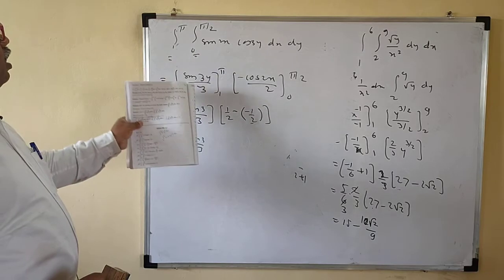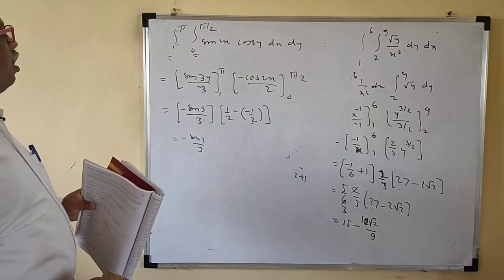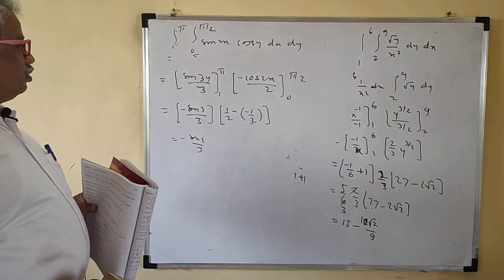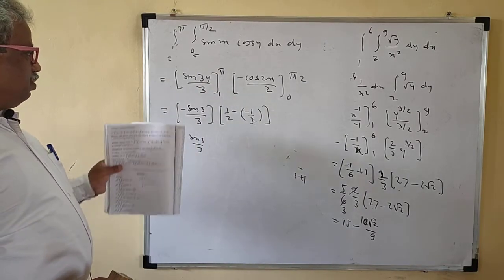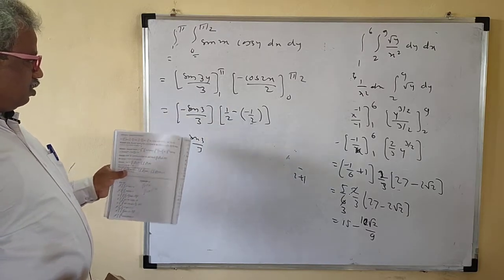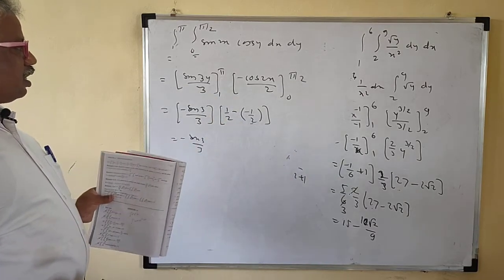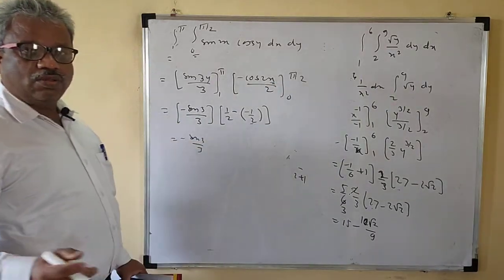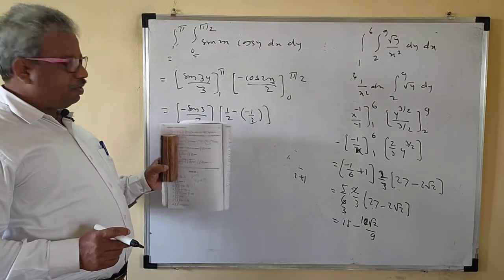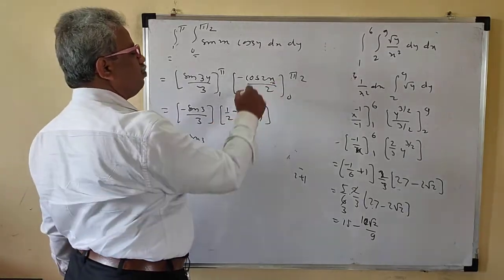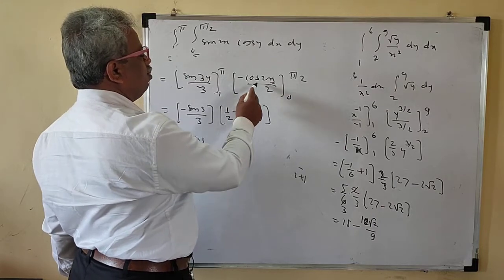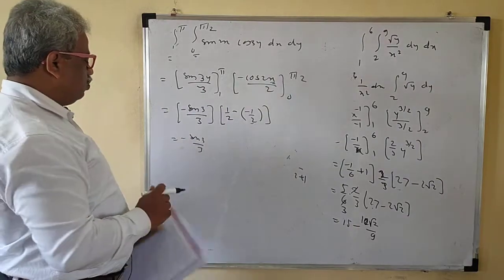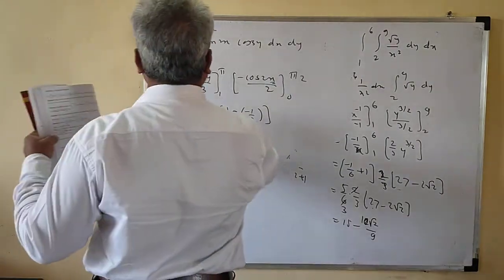These are the limits of y. So cos 3 pi. Sin 3 pi will be 0 then. So cos 3 upon, you are putting y is equal to 1. So this is correct. So now here you are putting pi by 2. But if it is pi by 2, then cos pi is minus 1. Minus minus become plus here. Then minus here, you are putting the lower limit. So cos 0 is 1 here. Then this will be minus half. So half plus half is 1 here. So this is minus sin 3 upon 3 is the answer.